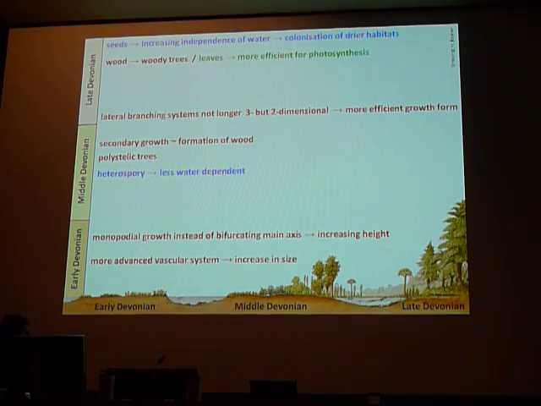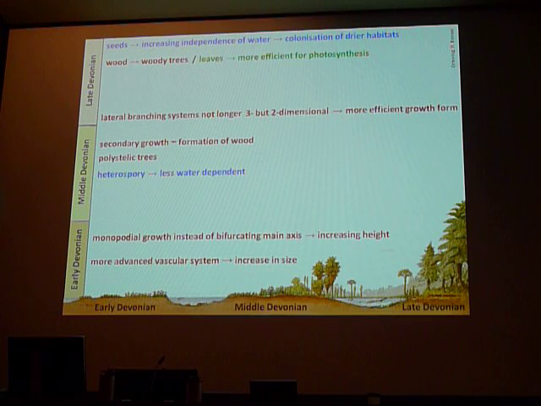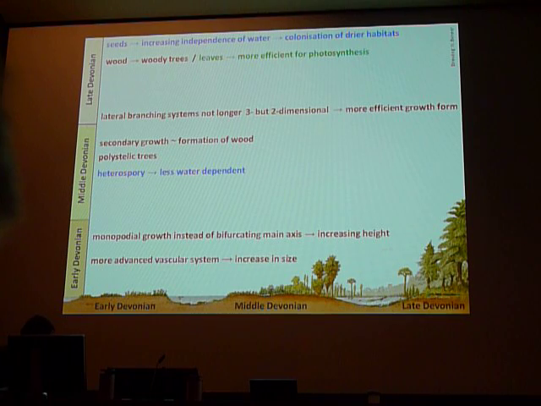This slide gives you an impression of what happened during the Devonian. During the early Devonian, plants were still very small, a couple of centimeters, not more than that. And then we see that the vascular system becomes more complex, so there is an increase in size. The earliest land plants were all bifurcated, but then monopodial growth developed, which meant that the plants could become higher. Another major key innovation was heterospory, making the plants less